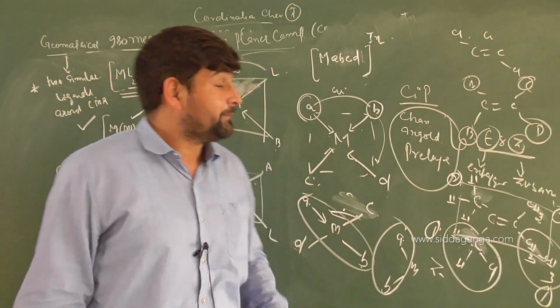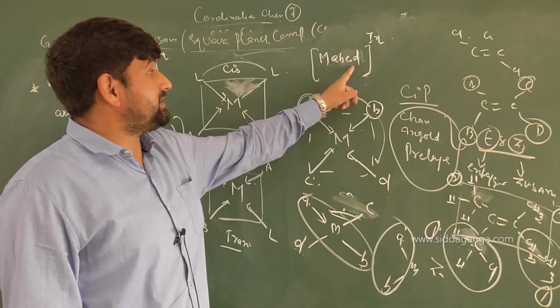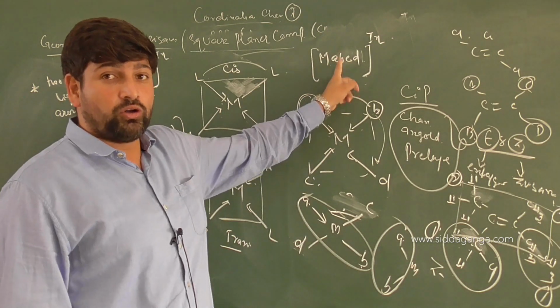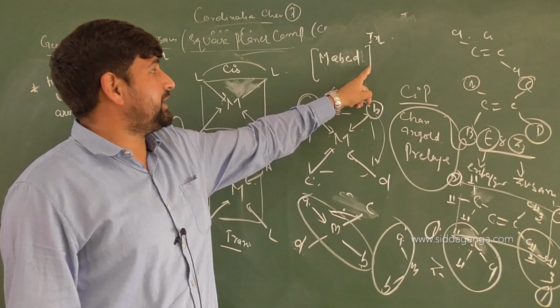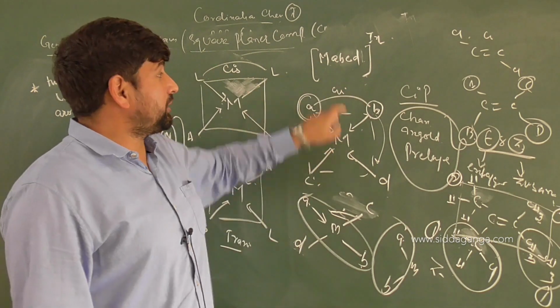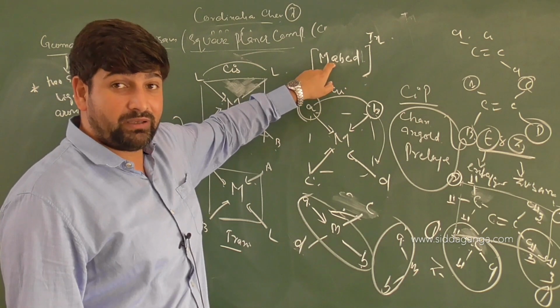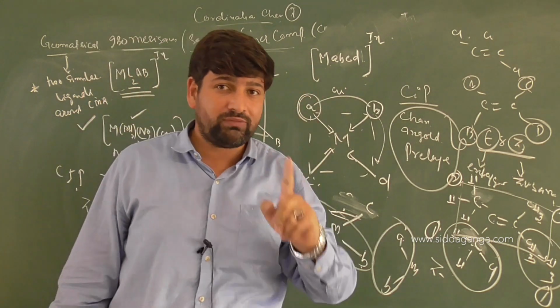Sorry, not conformers. Configurations with respect to M, A, B, C, D. So M, A, B, C, D type of complex, it will be like what? Metal atom like chromium, with chlorine, bromine, iodine, and NO2 group. So that's a metal complex that you have. So it will have 2 cis and 1 trans isomers available. So the total number of isomers available with respect to this will be how many? There will be 3 isomers. 2 will be cis, 1 will be trans.